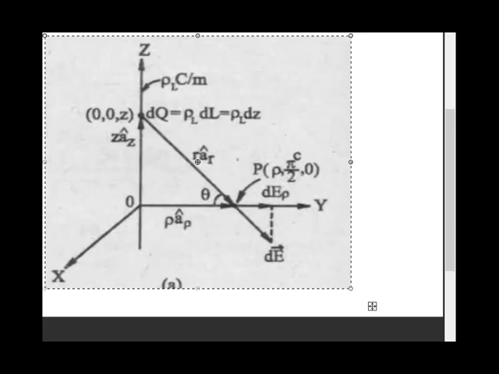Just remember the formula to find the electric field intensity at a field point P in space due to line charge. Consider that the line charge is on the Z axis. The formula will be